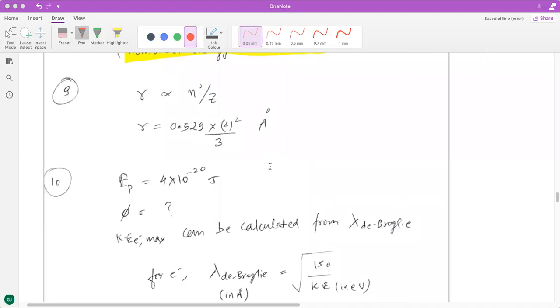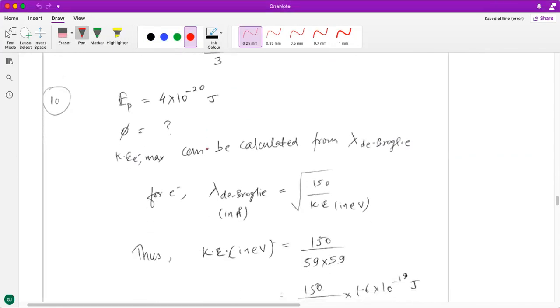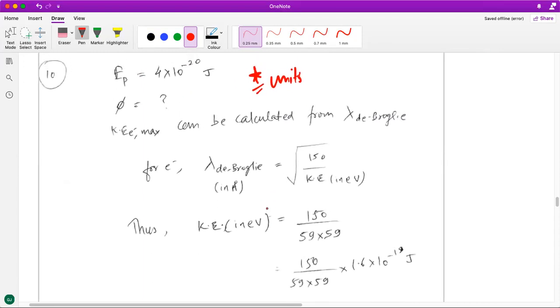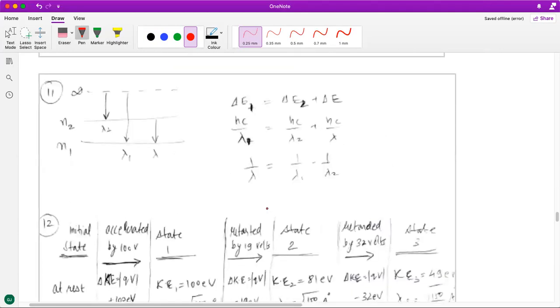All right, then the ninth question, it is again something which is simple application of the formula that we remember from the Bohr model of atom. 10th question, again, simple photoelectric effect equation, just take care of the units. That is the only catch in the question. If you are solving, solve throughout in SI units or in the units of eV, if you want to use the simplified formulas.